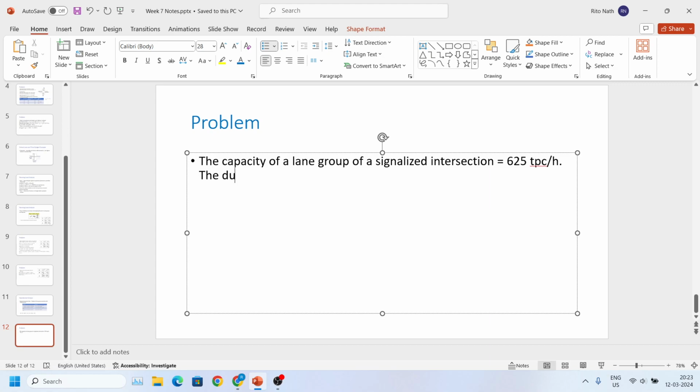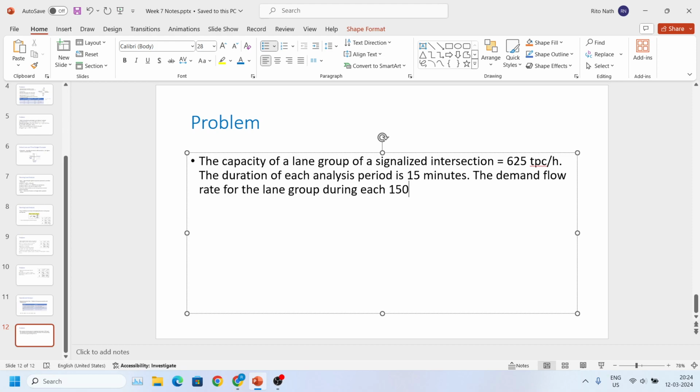The duration of each analysis period is 15 minutes. The demand flow rate for the lane group are given during each 15-minute period. The demand flow rate of the lane group during each 15-minute interval is,